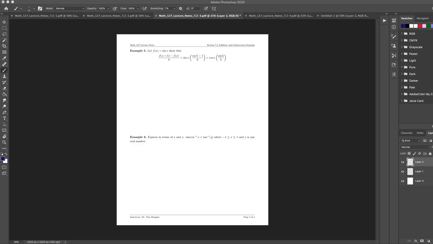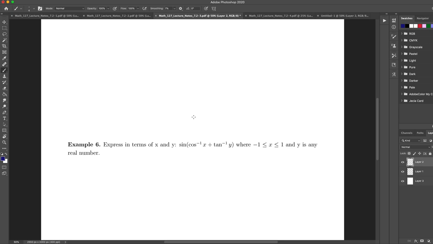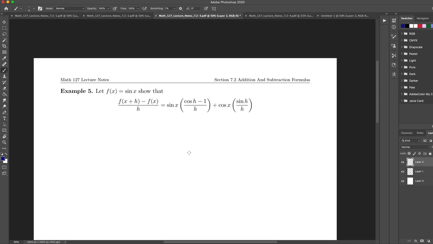So let's look at this. Let f of x equal to some function. And here we just want to find the difference formula for sine of x, and we want to show that it equals this mess. You're thinking, holy smack, that's going to be hard to do. It's not the easiest thing to do in the world, but